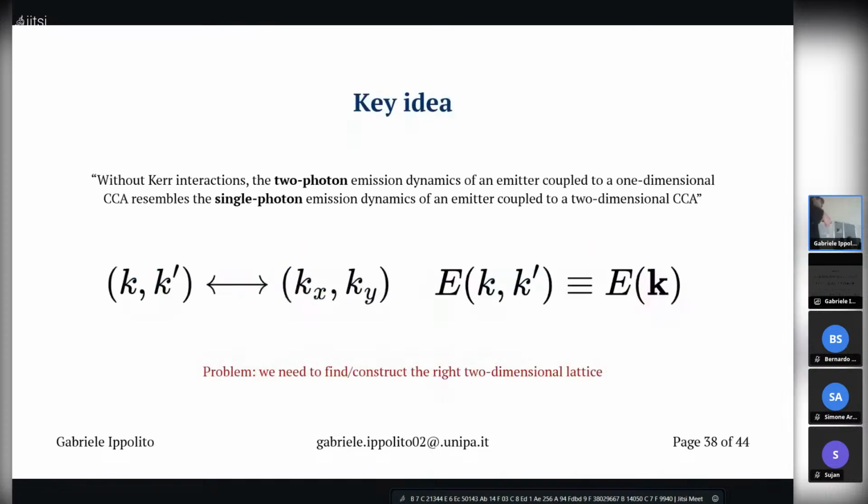The second thing that I was currently focused on is this key idea here. That is nothing but the most important thing that I observed during my thesis project: that without Kerr interaction, the two-photon emission dynamics of an emitter coupled to a one-dimensional coupled cavity array resembles the single photon emission dynamics of an emitter coupled to a two-dimensional coupled cavity array. Now, this is my key idea, and I would like to generalize this statement to other one-dimensional coupled cavity arrays,